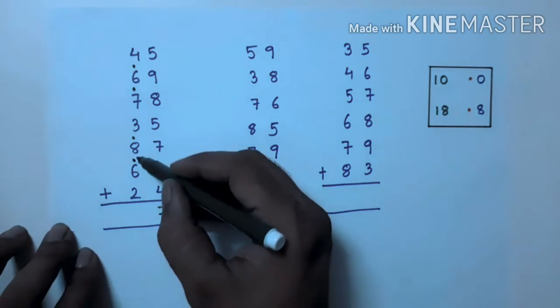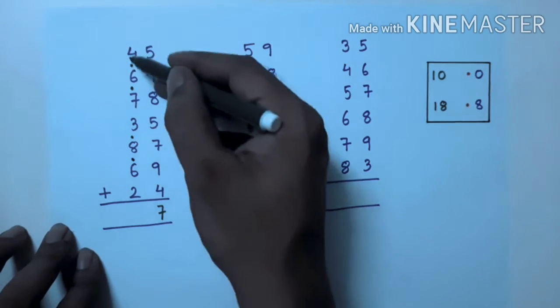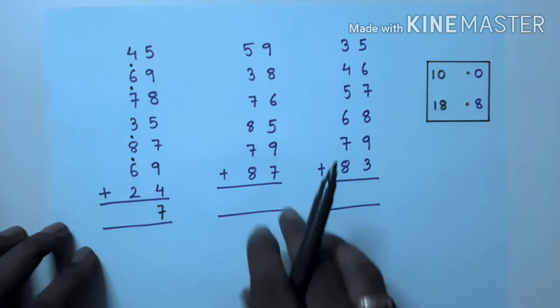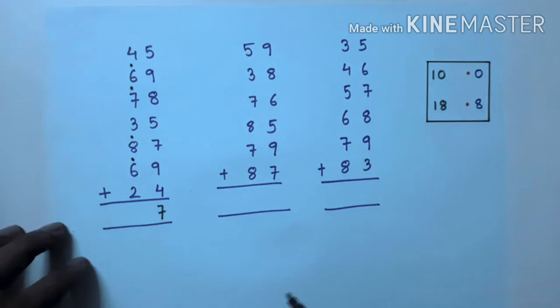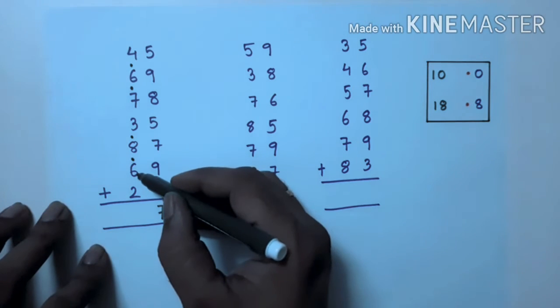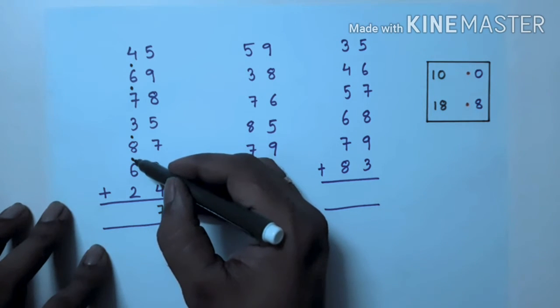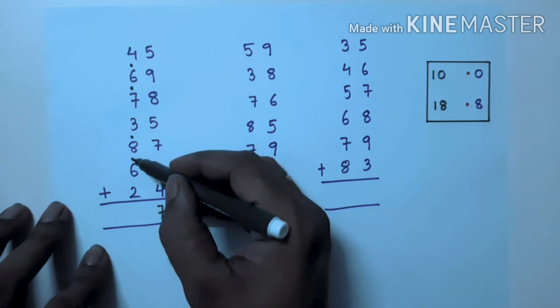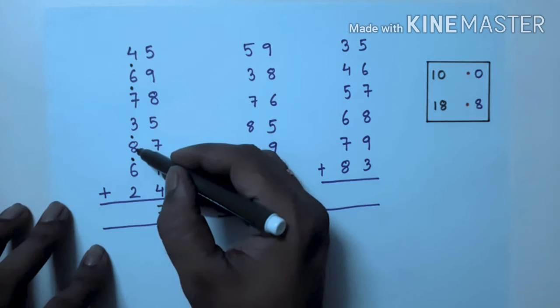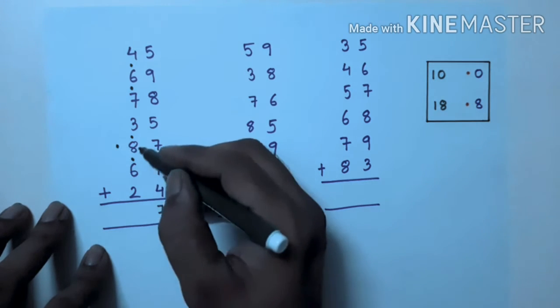Next. So these dots will be counted as tens now. So this is the tens place. So all the dots will be tens now. So this is 110. These are all tens. So let's start counting now. 2 plus 6, 8. 8 plus the dot. That means that is 9. So 2 plus 6, 8. 8 plus 1, 9. 9 plus 8, 17. So dot 7 in the mind.